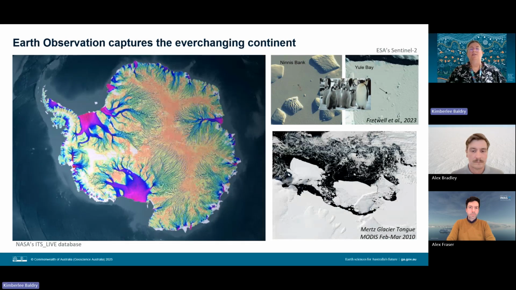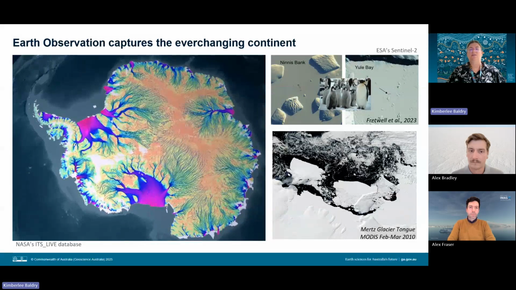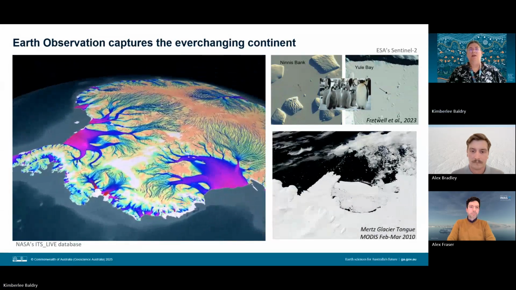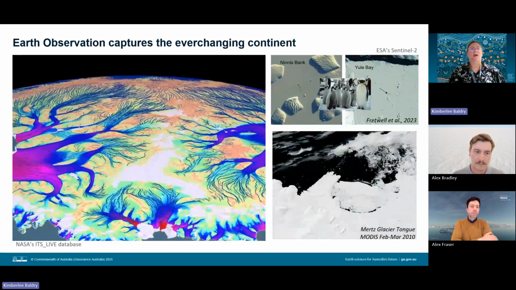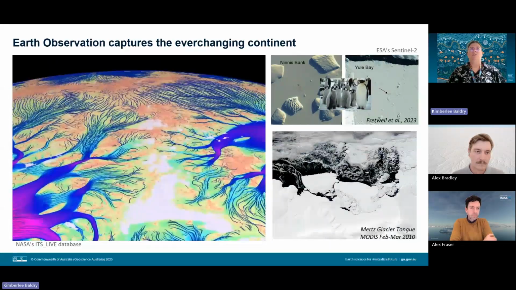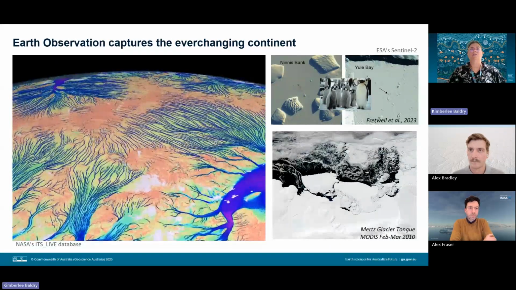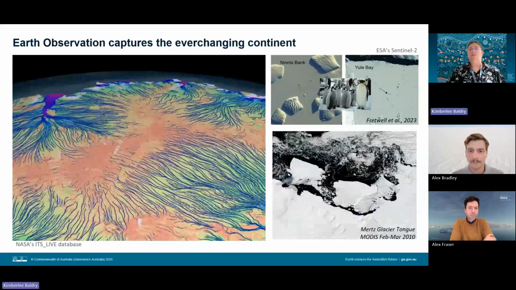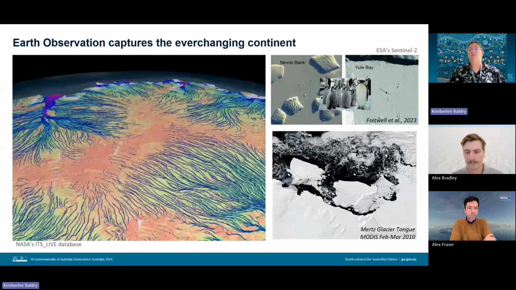Antarctica is constantly changing, and the only way we can capture this change across the entire continent is from space using satellites. Antarctica is highly dynamic with lots of ice movement shown by the animation on the right. You can see ice flows happen across all of the continent and are fastest at the edges of the coast. This is where we have ice tongues and glaciers protruding into the ocean,